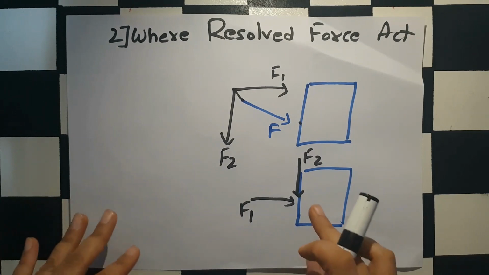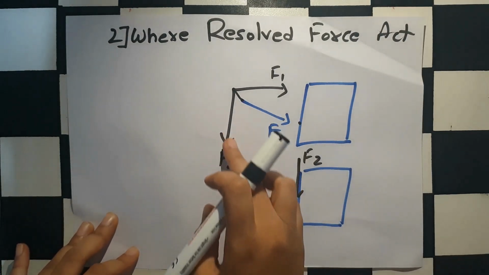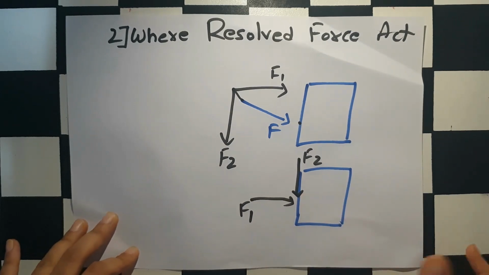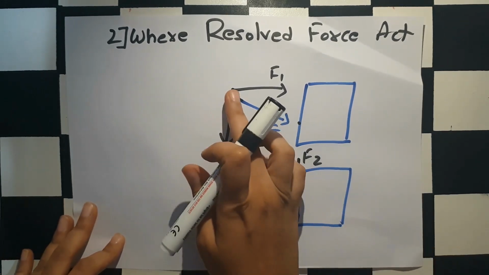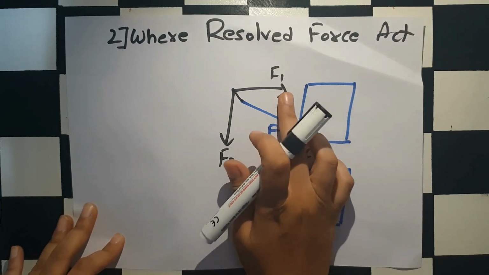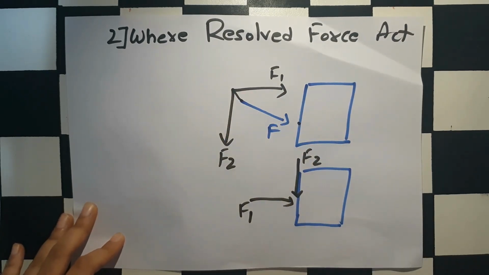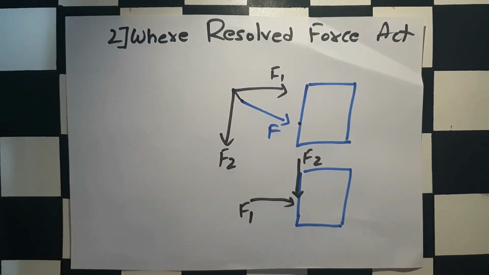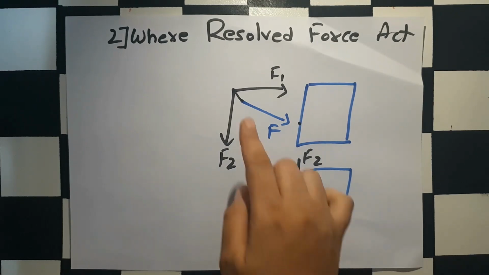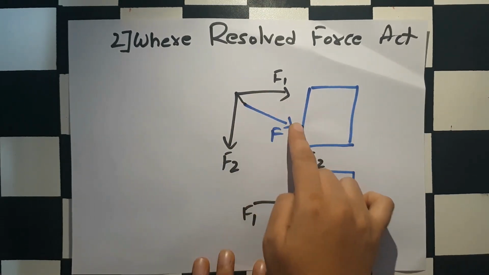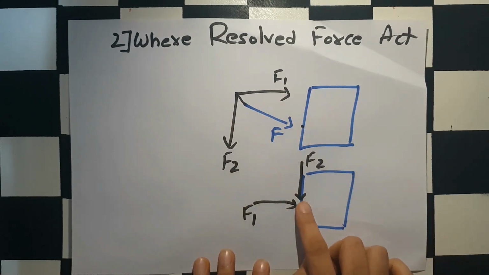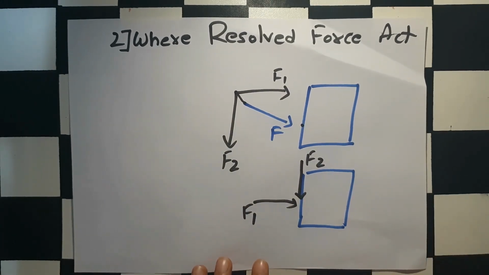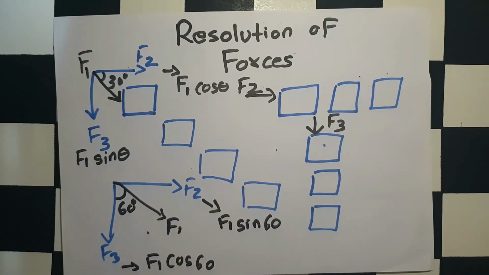So now that you know where the actual point of action of these components of the forces is, you can solve the problem correctly. So how to draw these components, the direction of the components, and where they act. These are the two factors which students usually don't understand properly and make mistakes. So by knowing which directions will be the components of this force and where they will be acting, you can solve your problem correctly. So friends, in the next video we will cover some examples also, and I hope this video helped you in clearing your basics of this chapter.